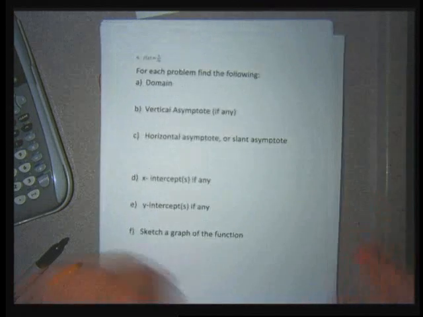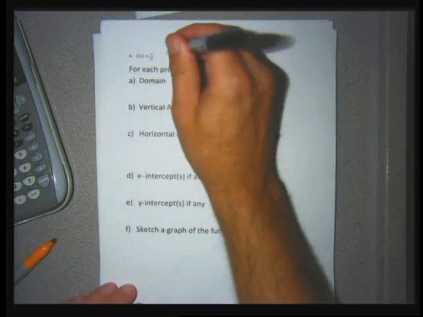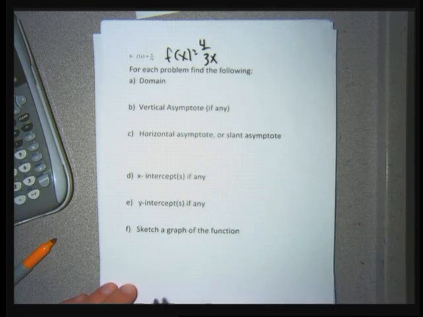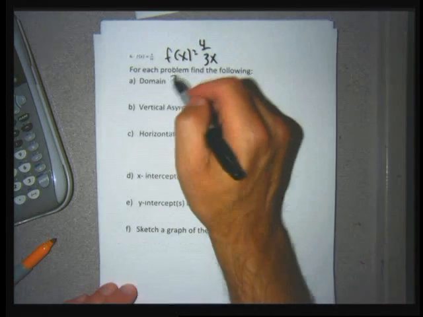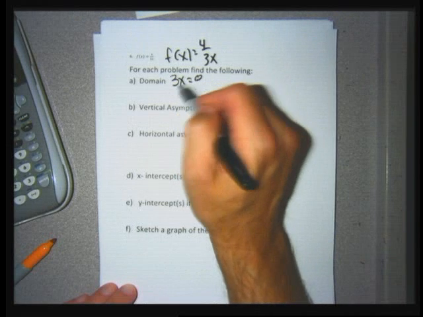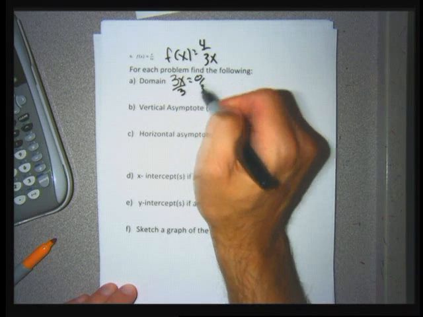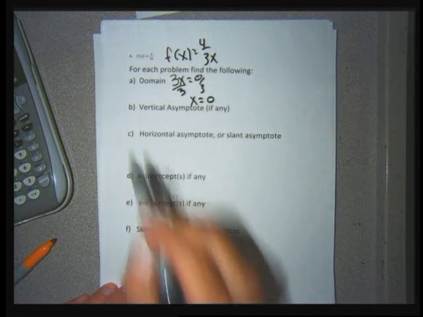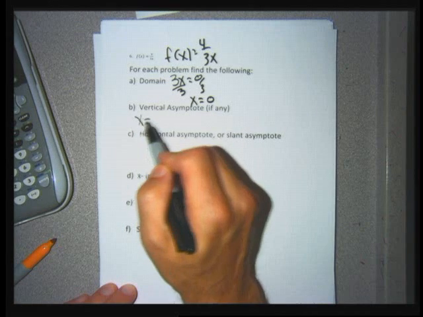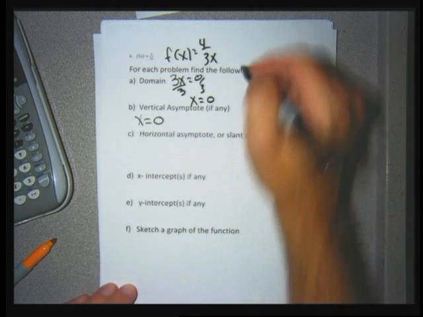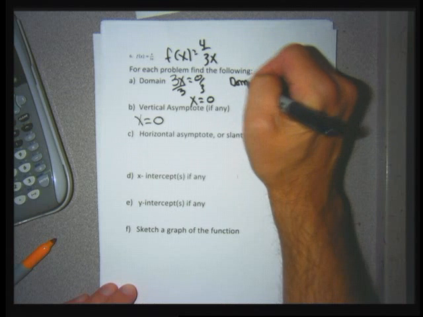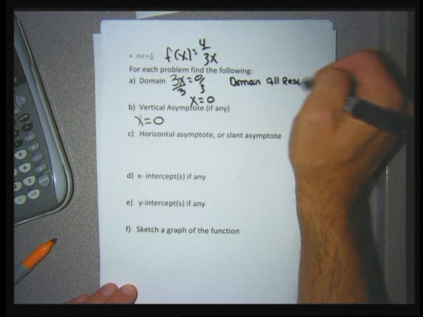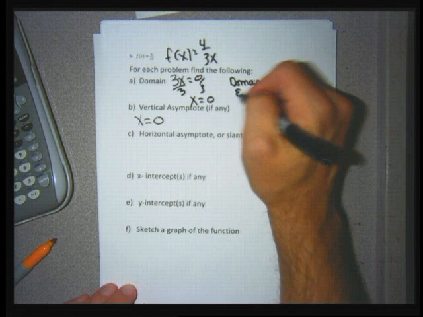You can barely see 6. It says f of x equals 4/3x. For the domain, I set the denominator equal to 0. Set 3x equal to 0. I divide both sides by 3. I get a fraction with 0 in the numerator. So x equals 0 is the result of the algebra. That's going to be the equation of the vertical asymptote. And the domain, I'm going to write as all real numbers, and I'm abbreviating all real numbers a little bit,